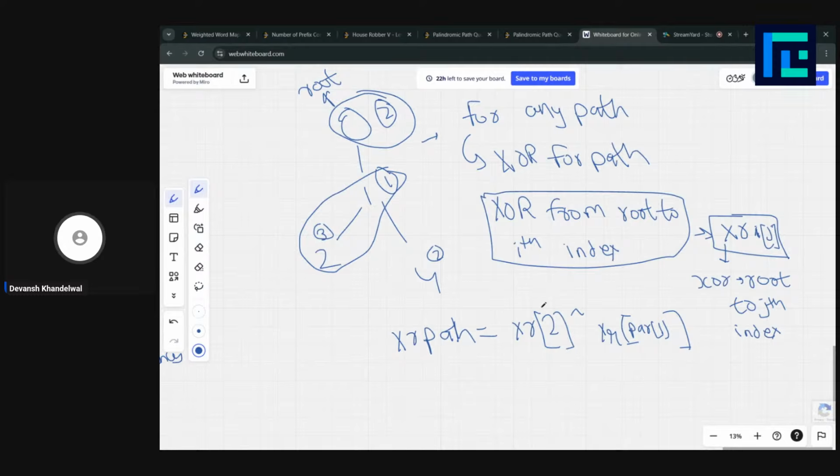And the XOR path can easily be calculated. We could calculate XOR to 2. This would give us XOR of this entire path, and this would give us the XOR of its parent. So XOR of this by this would give us XOR of this path.